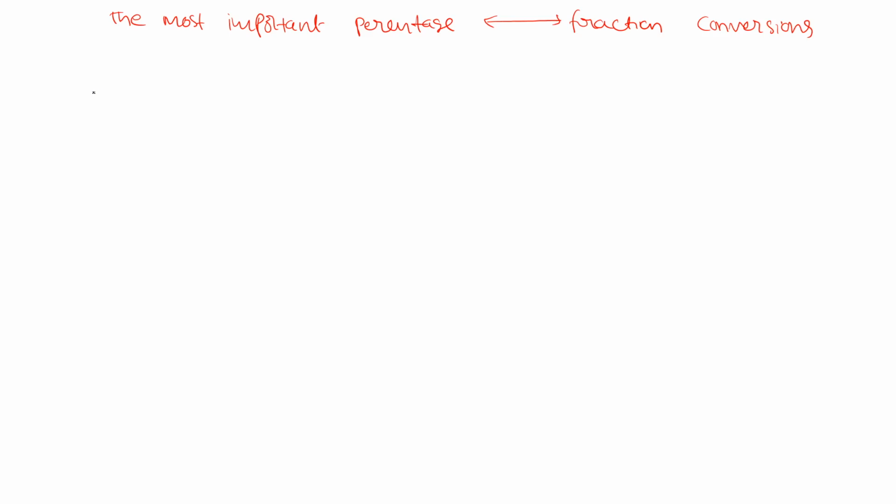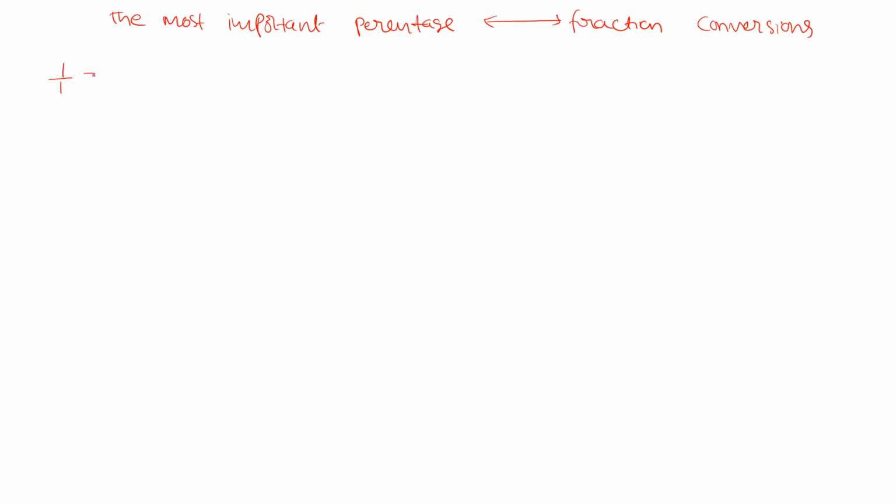First of all, let me convert some important fractions into percentages. In the previous video, we have discussed how to convert a fraction into percentage. To convert a fraction a by b into percentage, just multiply that fraction with 100. Now that becomes a by b into 100. That is the process to convert fractions into percentages. In this video, let us discuss some of the most important fractions and their percentage conversions.